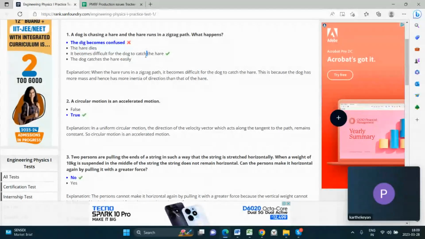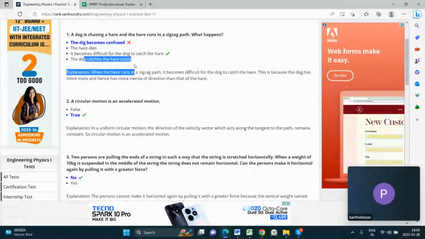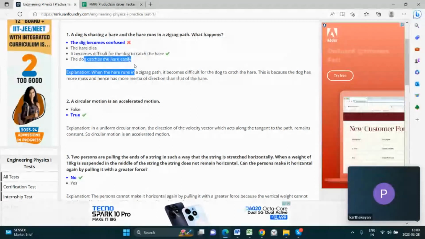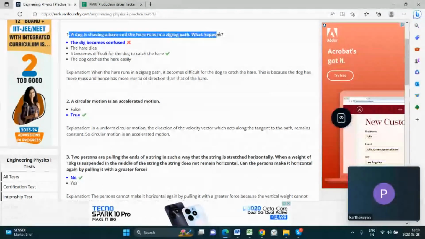Because the dog can only run straight, it cannot run in a zigzag. The dog catches the hare easily. This is very basic. What it means is that when you move in a zigzag path, our body inertia changes. When you are actually running in the same direction, our inertia acts differently. So though it looks like a dog chasing a hare and the hare runs in a zigzag path, though it looks like a normal statement,